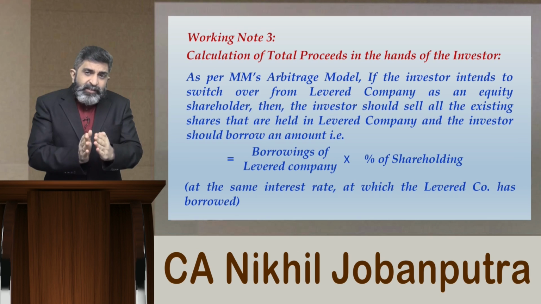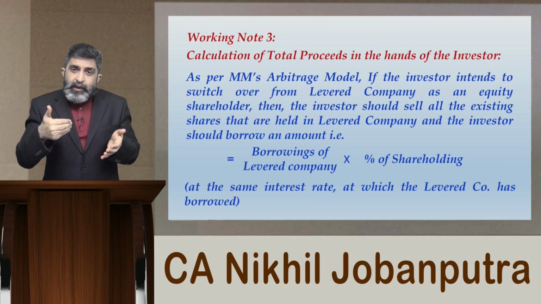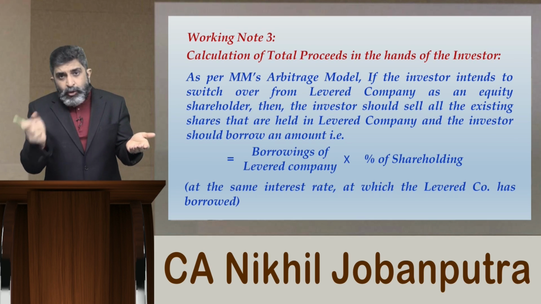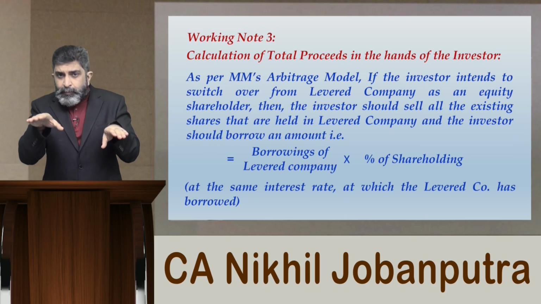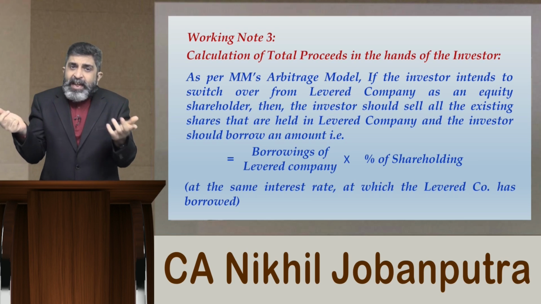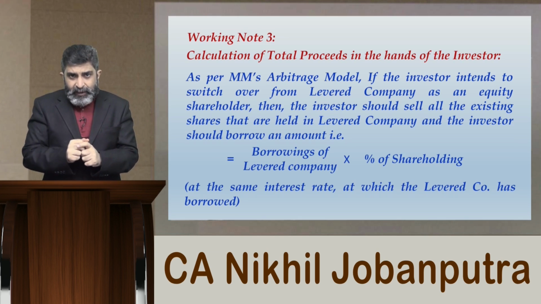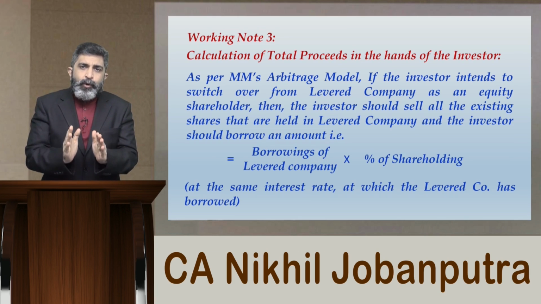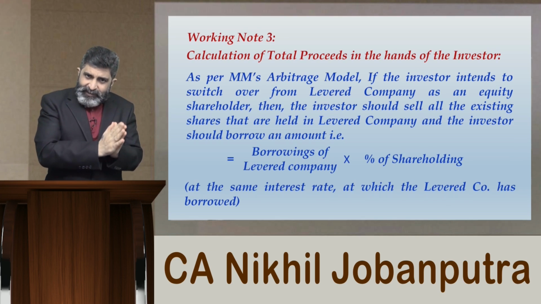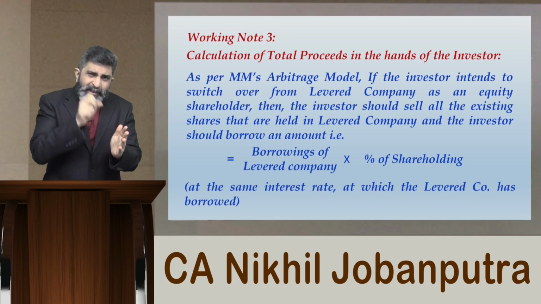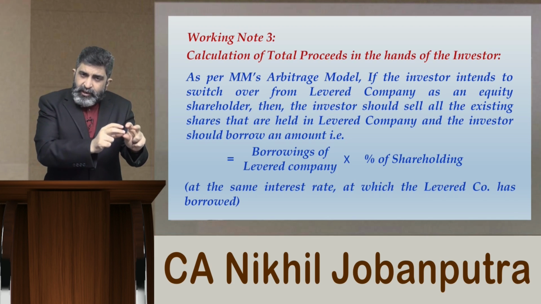The moment this investor is selling the shares of X Limited, the investor is getting free from that burden. Now, with that burden and without that burden, if you are having two different situations, they are not comparable. You need to carry over that burden. If company Y Limited does not have any leverage, that leverage on proportionate basis, this investor should create upon himself. That is the idea of the model. Therefore, what now will be done? This investor will be selling all the shares of X Limited, point number one. The moment this is done, the proportionate burden of that borrowing, which is 10% of 60,000, our investor will get rid of.